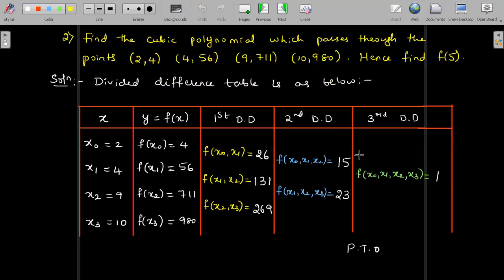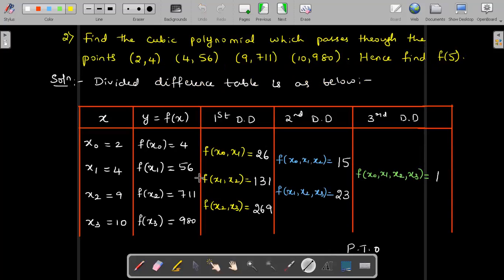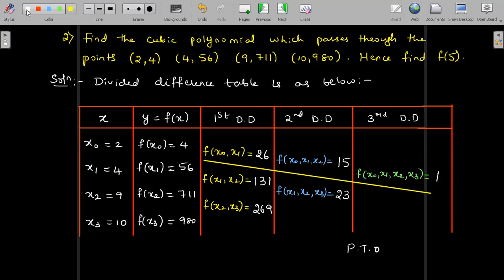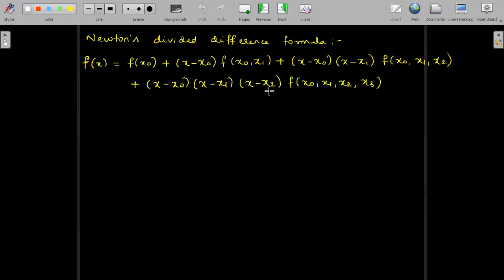So this is the last value which I know. So I'll have to use all these values from the table. First most values from the table. So these are the values which will be used in the formula. So let us substitute in the formula all the known values and obtain the polynomial. We don't have any particular interpolating value, so we have to find out f of x itself, the polynomial. So retain x as x itself.